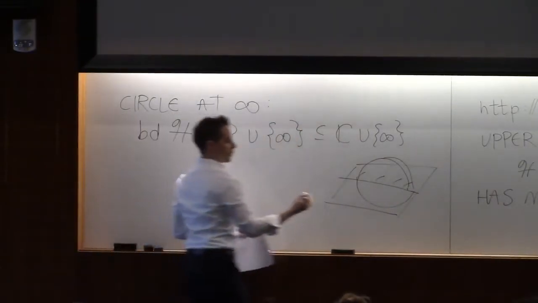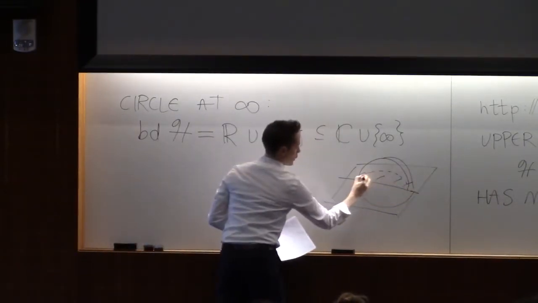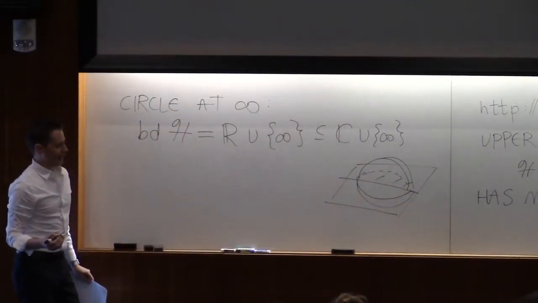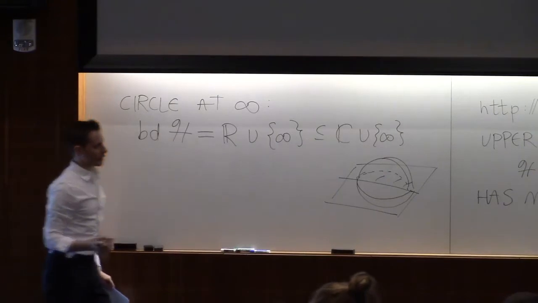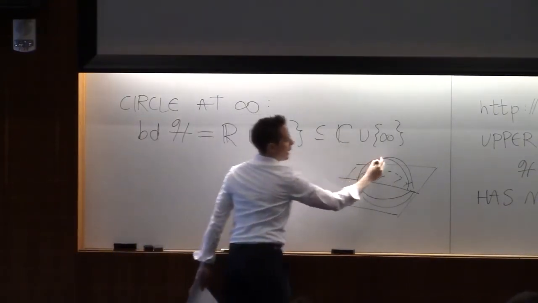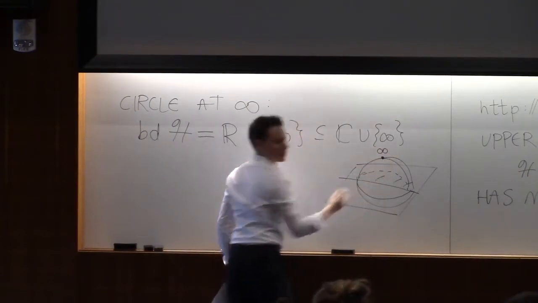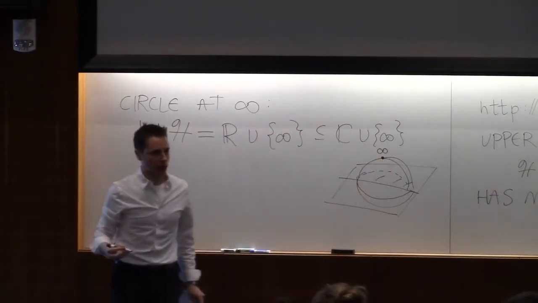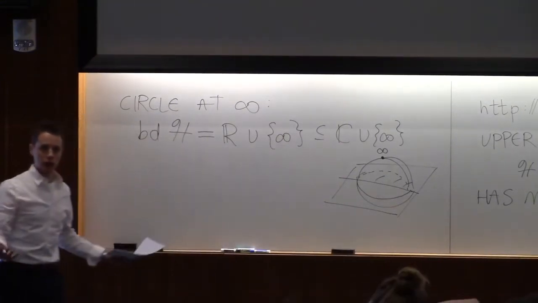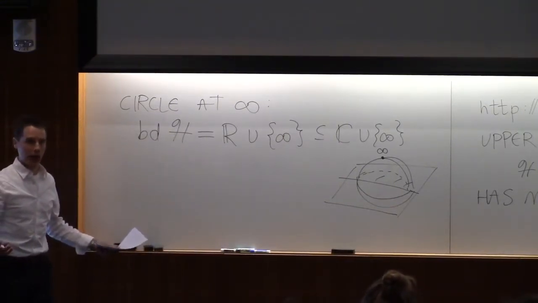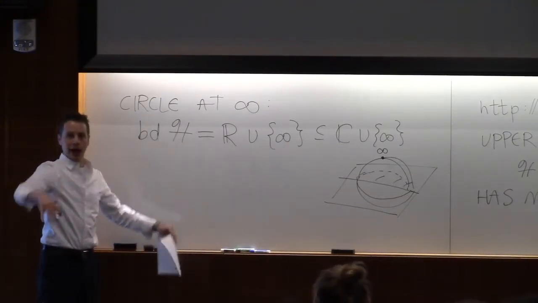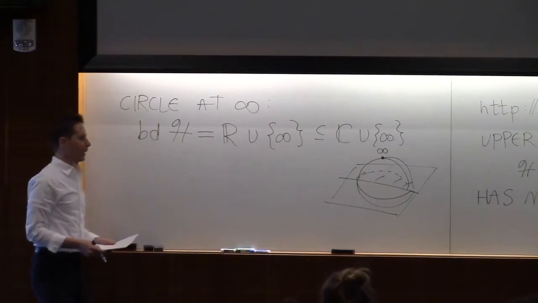It intersects the flat plane here along the circle, and this is the point of infinity. I hope your picture's better than mine. You have seen stereographic projection in some complex analysis class; it gives you a bijection between C and the sphere minus infinity. So now you can visibly see along the sphere the real axis and the point at infinity. Okay.